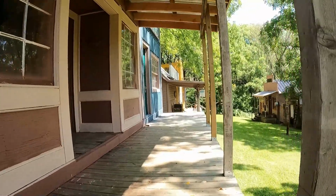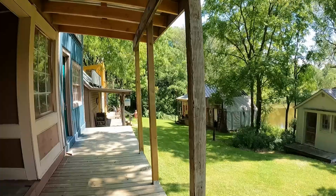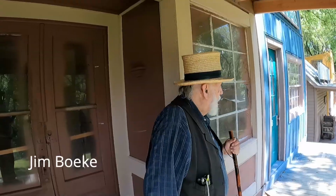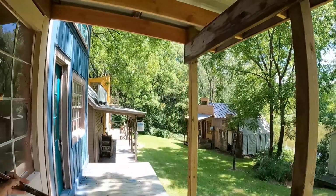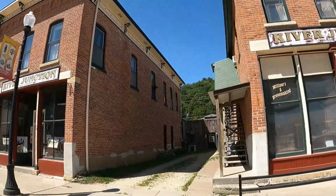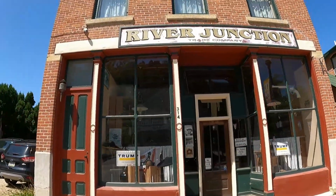Forward to the day when they put hand railings on them. Well, we're standing on the porch of the bank building. And on the other side of the street, over here, is the River Junction General Store. Now, it didn't start out as a River Junction General Store. It started out as